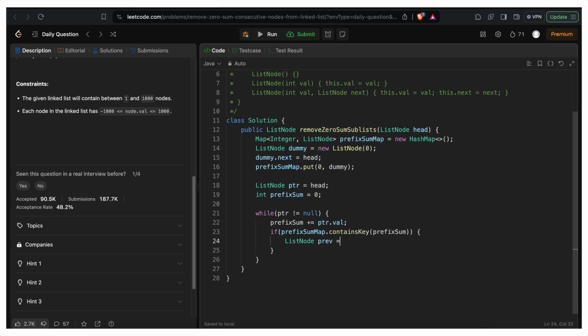So if that is the case, let's create a previous node, which will be my prefixSumMap.get(prefixSum), right? So I am simply pointing to that previous node, and now I am taking a new node also, which is a temporary node, which will be pointing to previous.next. Great. And I will take a current sum, which is a temporary sum, which will be pointing to prefix sum. So now I am taking this sum just to remove all those new values, right? So what I'll do, I'll say until my temp is not equal to pointer,